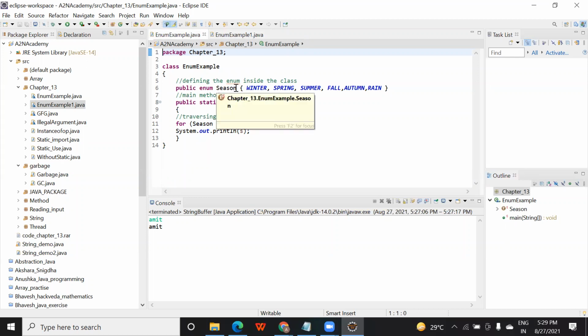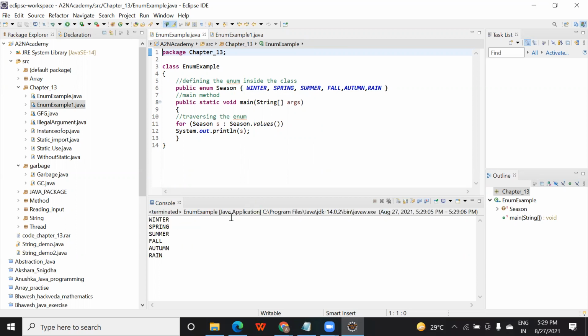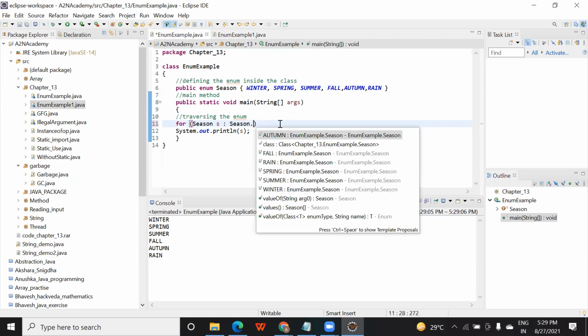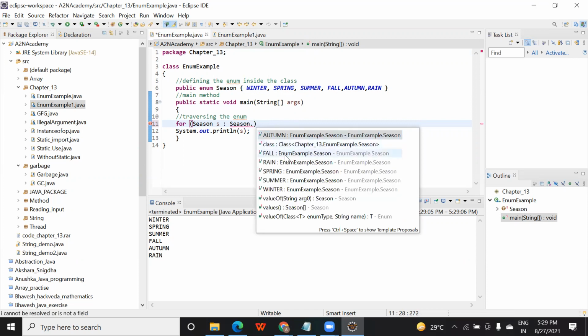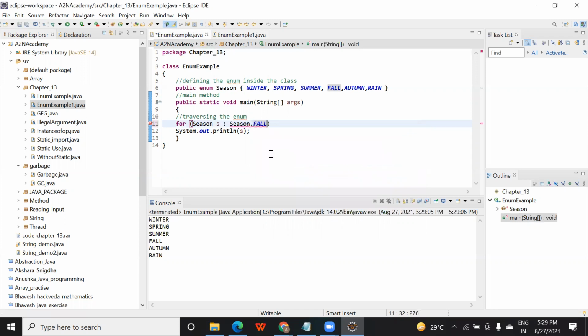It's like compile time. You are initializing values to the enum. Once you run this, you can get all the values, and you can get the ordering of that also. For each season in Season.values, in place of that, you can apply... sorry, here values will not come.